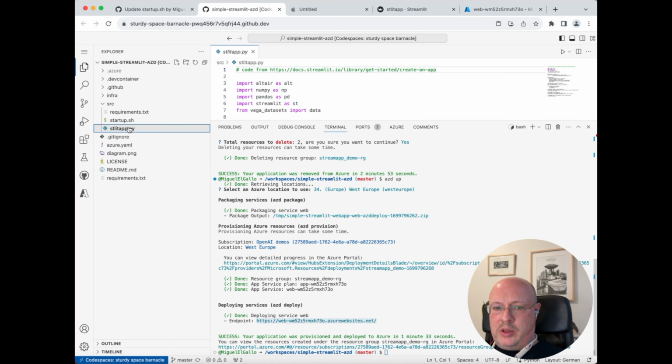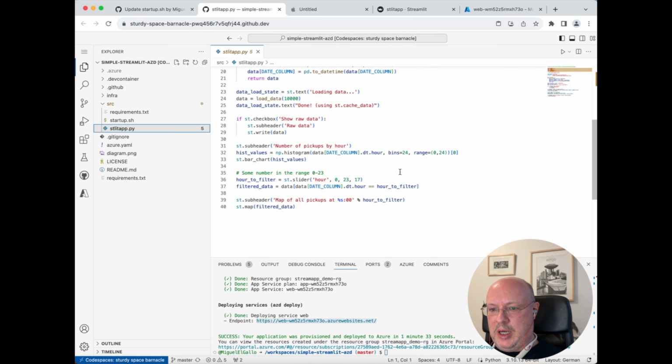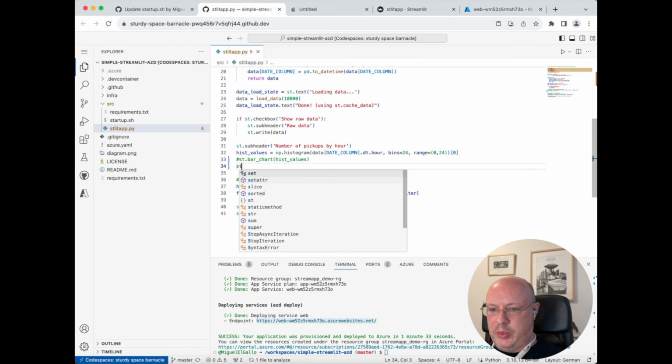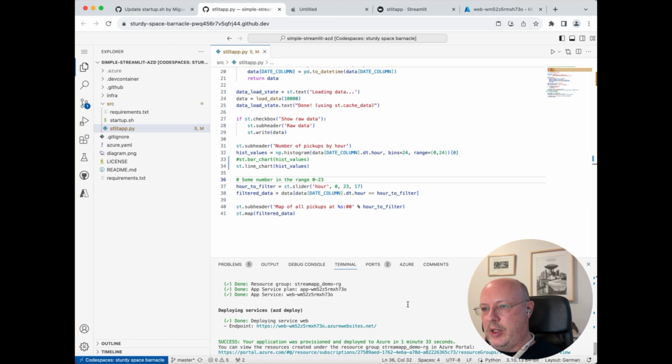So of course, if we want to change the code of the application, let's say we didn't like the bars in the first part of the application and we want to put lines, then we just can put here line chart, and then its values, and then we will see another command that basically, since the infrastructure is existing and you don't want to change it,